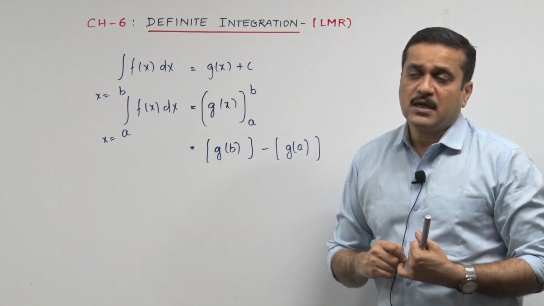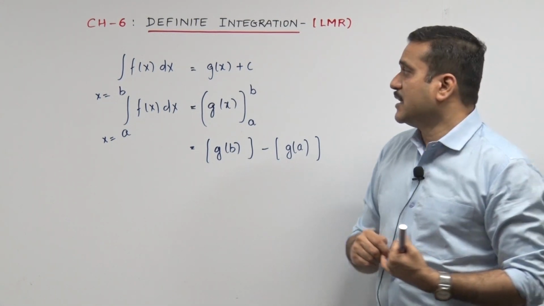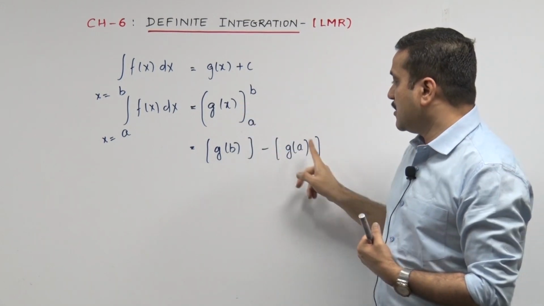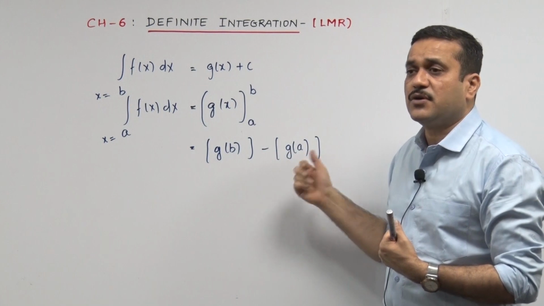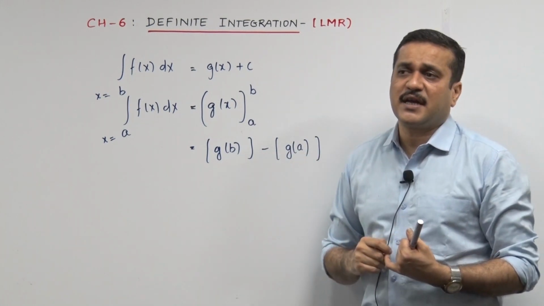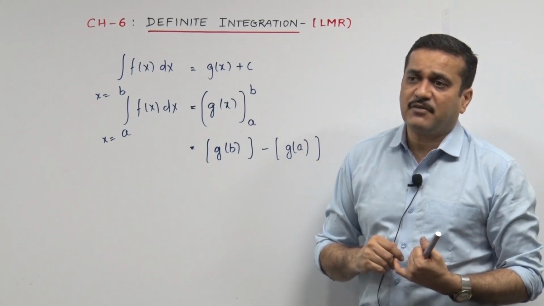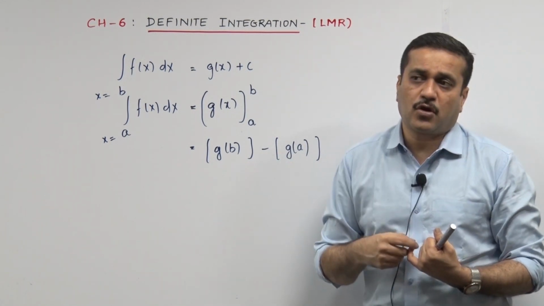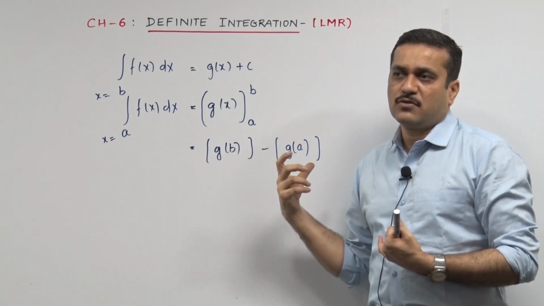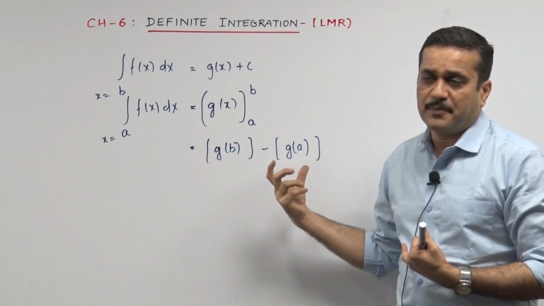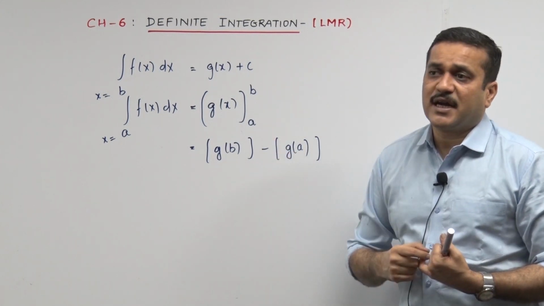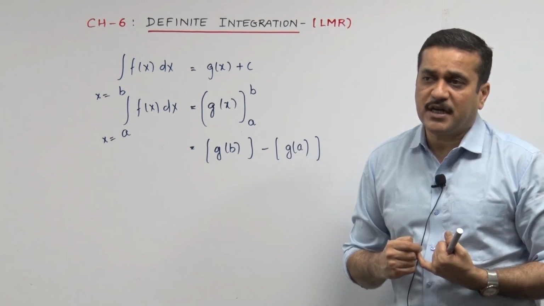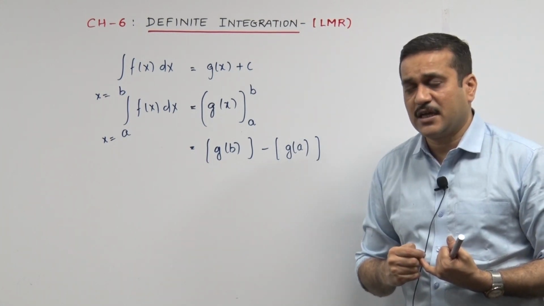Now why is plus c not written? If I write plus c here, plus c here, plus c here, ultimately the c is going to get cut. So a convention was set that in definite integrals, in the end when you are going to go upper limit minus lower limit, can I afford to talk in that language? Upper limit minus lower limit. So we say upper box minus lower box. Plus c is always going to get cut in all the sums. So they said there is no need to write plus c in your definite integrals. I hope you got that thing very clearly.